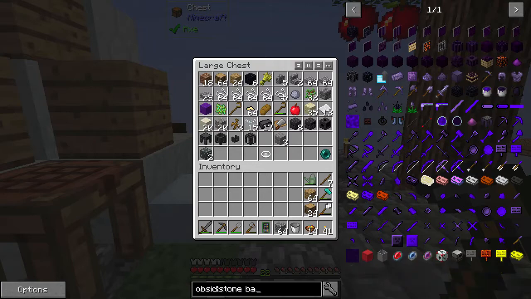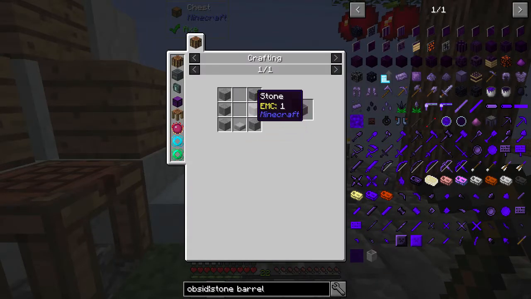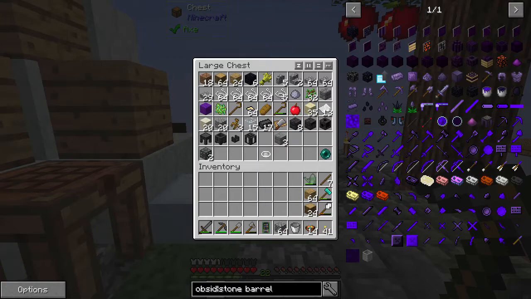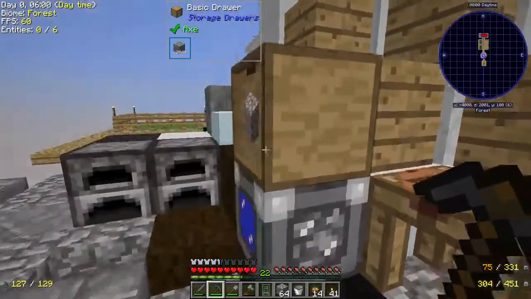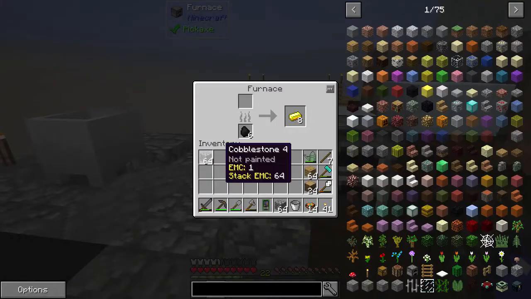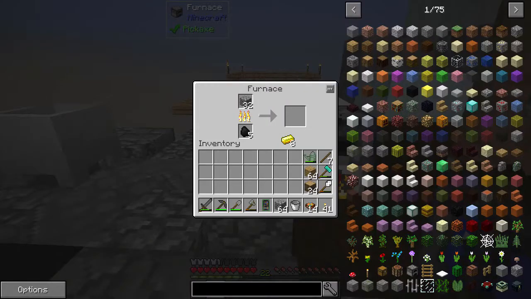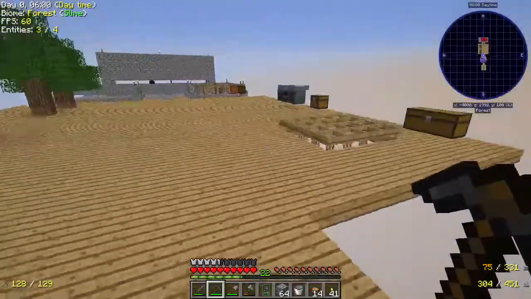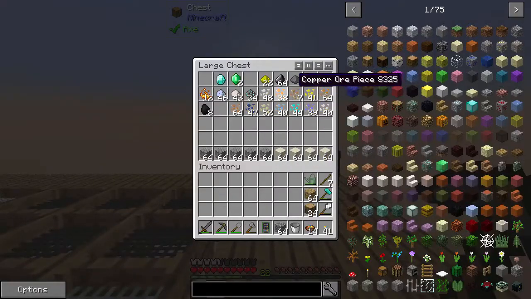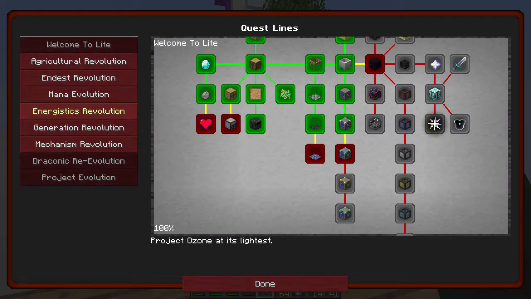So a stone barrel is a stone slab and 6 stone. Alright, so we're going to need some more cobblestone smelted up. I'm going to need to get more coal at some point. And I guess something we could do is go ahead and make some alloys. So let's go back to the